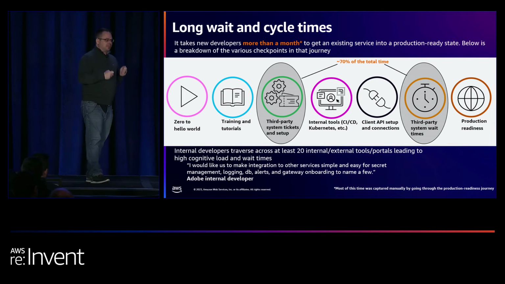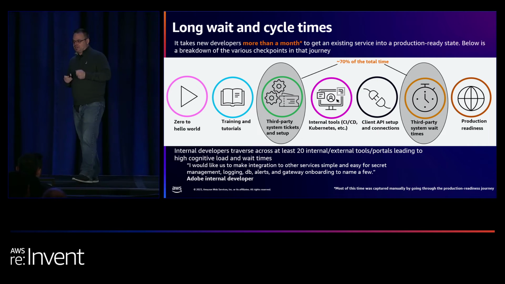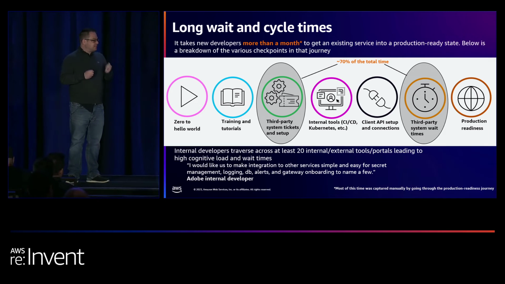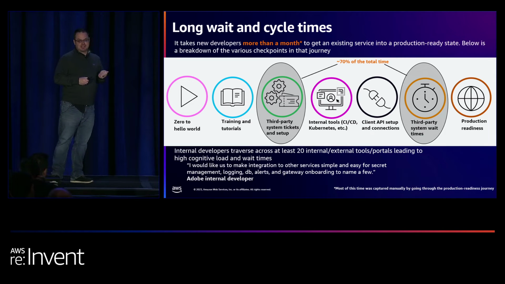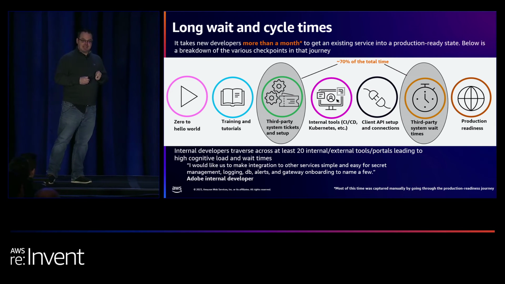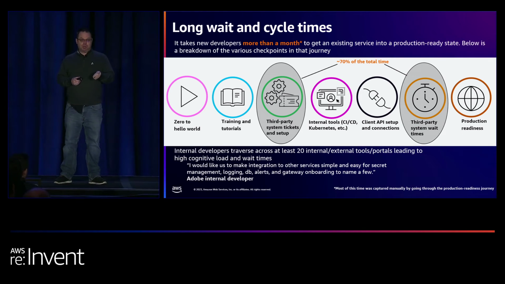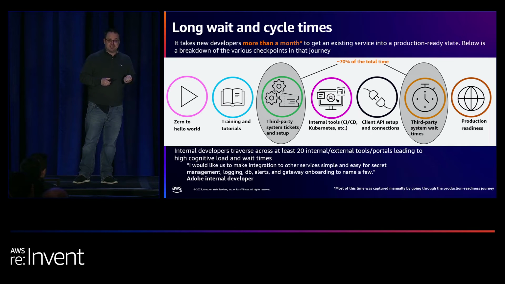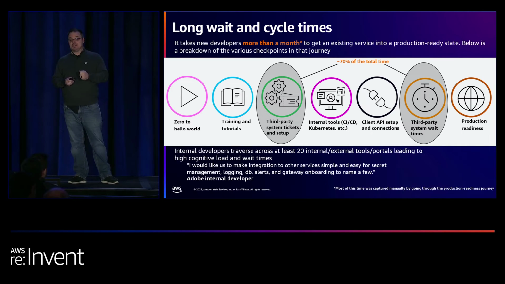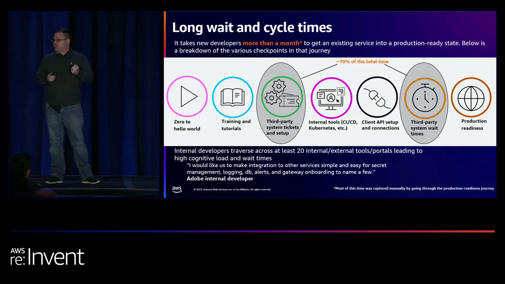I don't know about how things work at your company, but at Adobe, sometimes it's really hard to get a product out to market. For some developers, it can take up to 30 days to go from zero to hello world. Some of those steps involve filing tickets to get access to tools like observability or source control or creating a new cloud account. And in the meantime, while they're writing code, testing integrations, and deploying it, the folks that they sent those tickets to will come back and ask a whole bunch of questions because they didn't understand what they actually needed. And then when all that gets settled and sorted out, you still have to worry about production